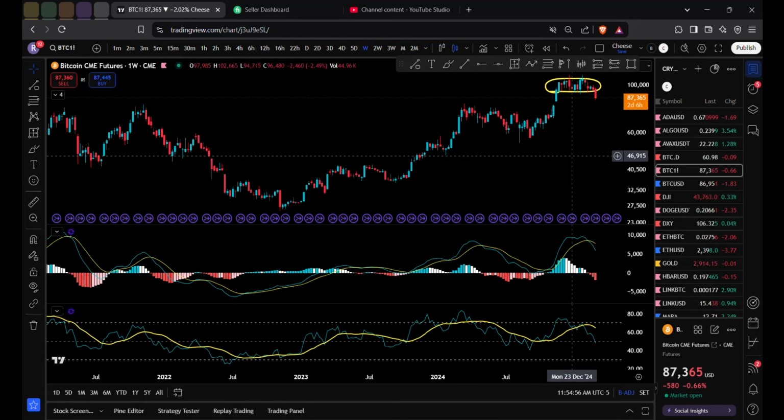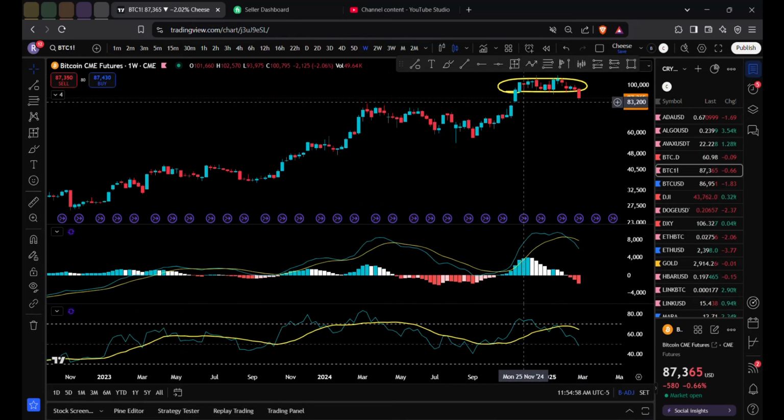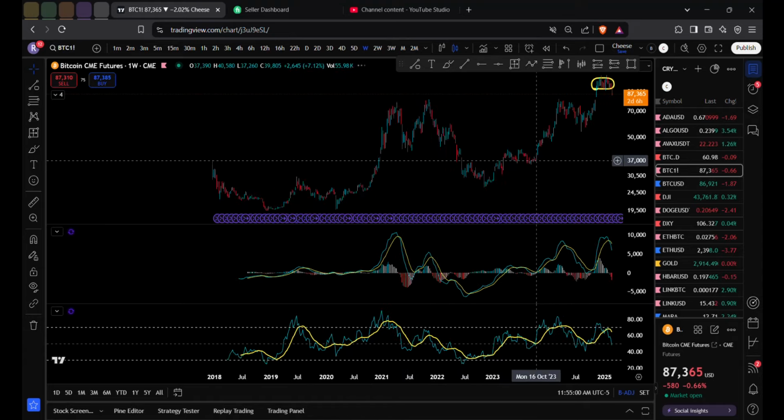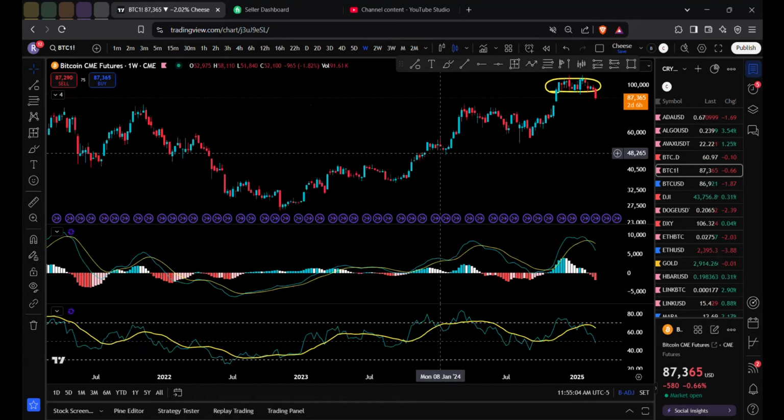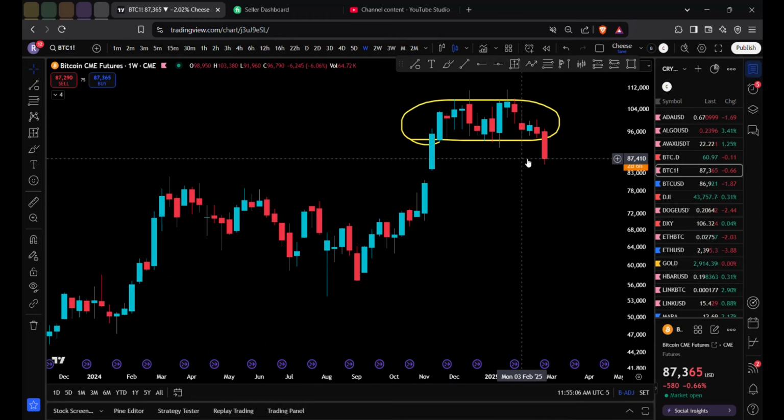And then to show you where we could go down to, there was a CME gap on the weekly chart. If you remember me showing you that every single CME gap on the weekly chart was filled,